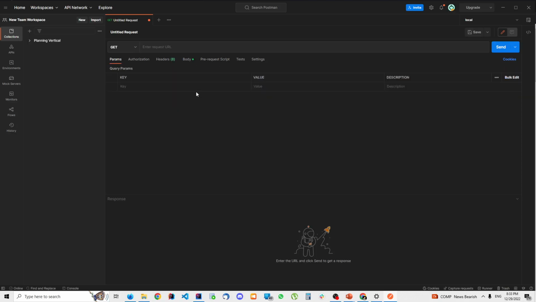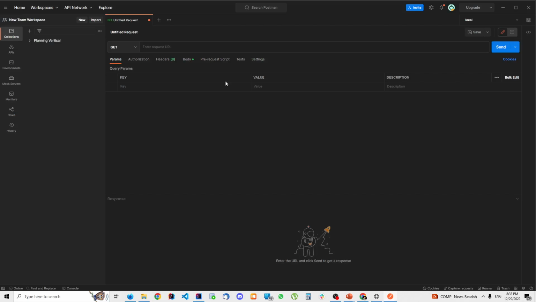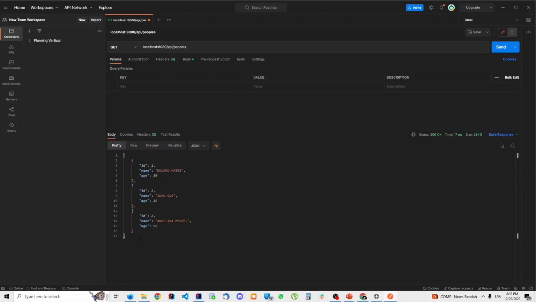And for example, let's go to our application. So I'm going to put localhost:8080/api/peoples and type enter, and you will see here I have my response. So based on this Postman, I can make calls as if I'm in a browser, because a browser behind the scenes basically is doing these calls